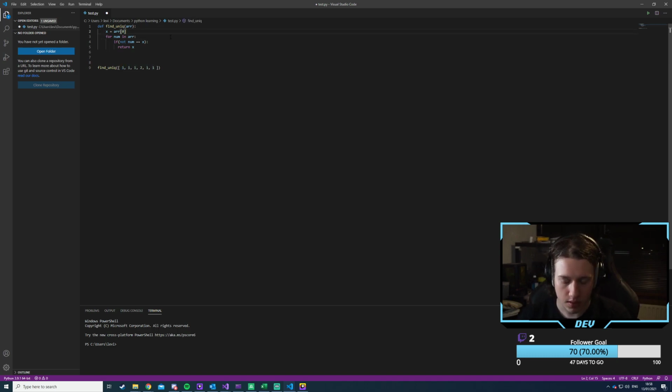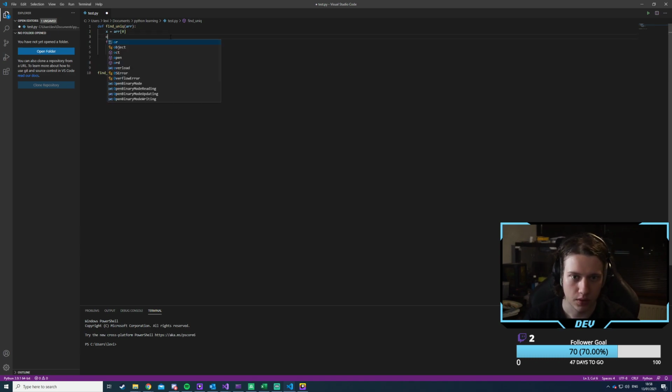So we would say x is array[0]. Then we have odd one out, odd one found, and it's equal to false. I think it needs to be capital F. Yeah, okay, there we go. So odd is false, and then we don't return x.